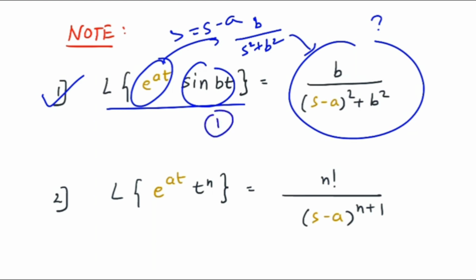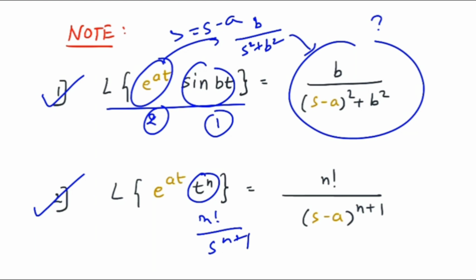First, always find the Laplace of the given function, that is f of t, and then, according to the second point, you have to shift the position of s. If you have understood this, tell me the Laplace of e raised to plus at into t raised to n. Again, it's simple. Our function is t raised to n. Laplace of that is n factorial upon s raised to n plus 1.